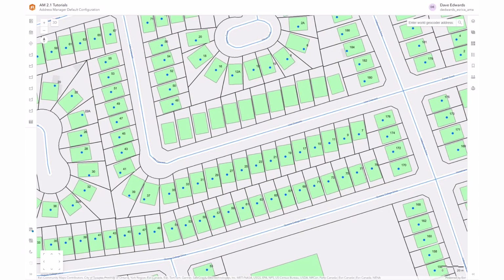Address Manager is a web application that can be configured to meet your organization's specific addressing requirements while maintaining the integrity of the underlying database and addressing rules. In this session, we will look at the basic layout of the application and the most common way of adding